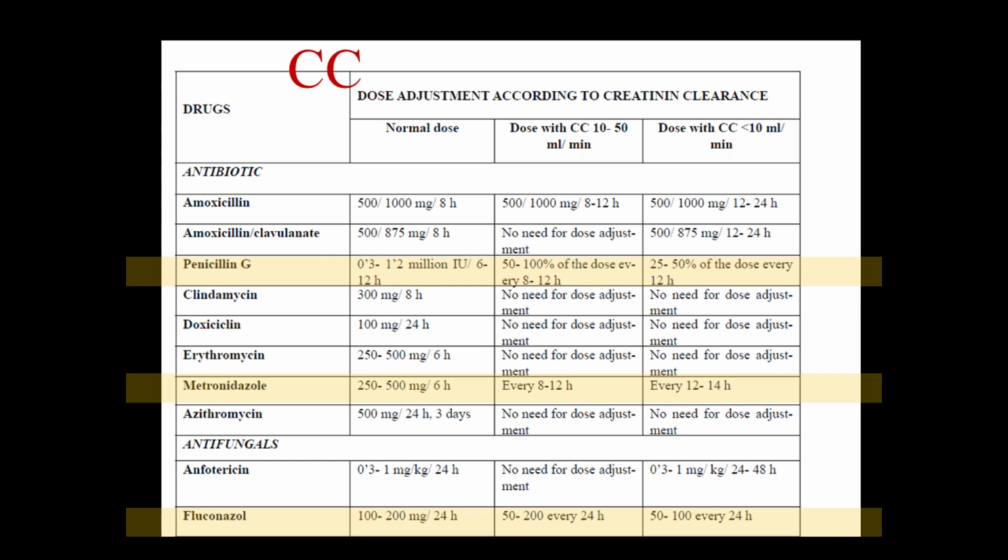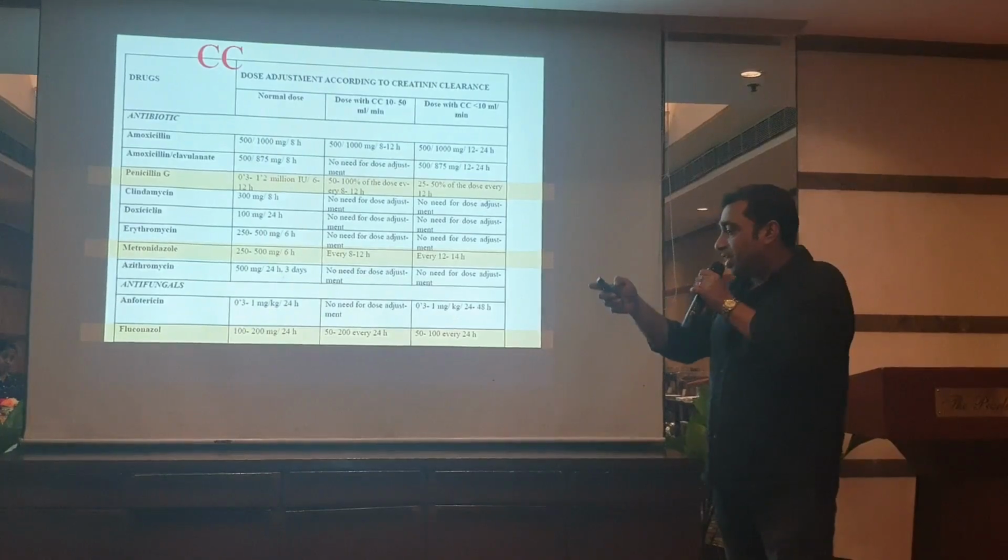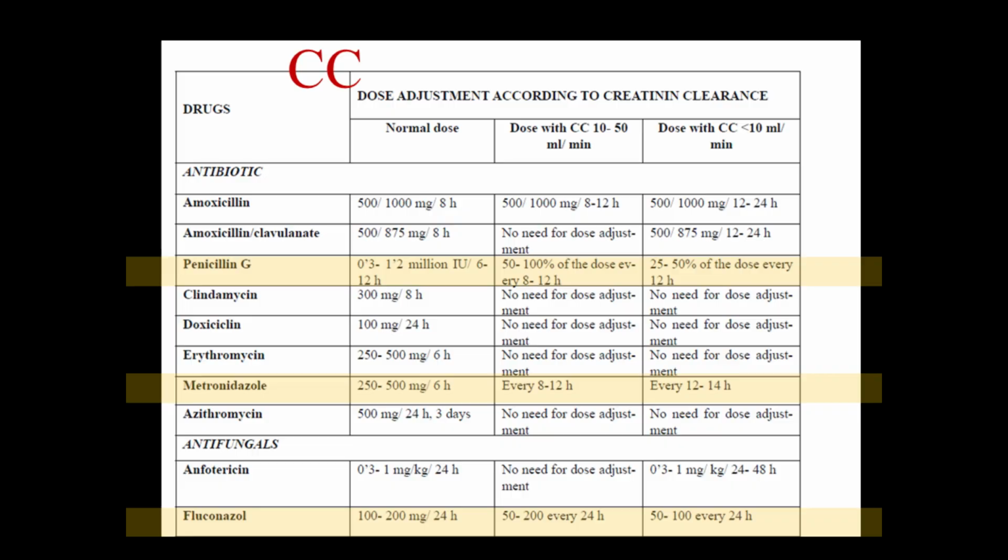First of all, just let us take it as CC 10 to 50 and CC less than 10. CC is a reverse factor. Lower the creatinine clearance, worse it gets, because the kidney is functioning less and less. So kidney function with a CC of 10 to 50 ml per minute is in a better shape, and below 10 per minute is in poor shape. So all the other medicines almost remain the same. There lies the big advantage.